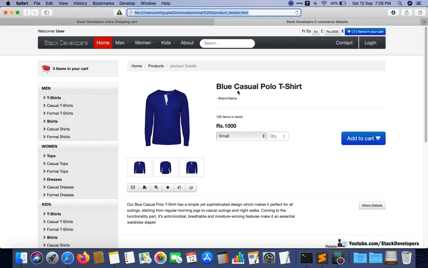This is our HTML view, HTML design. This we are going to embed in our Laravel framework structure, and this one we are going to do in this video only. And after that we are going to dynamically show all the information of the product.